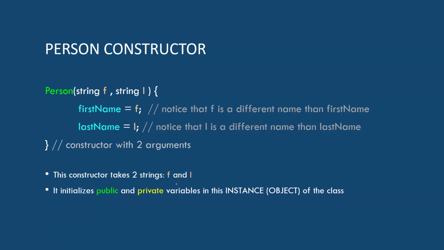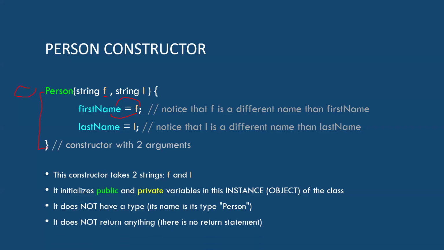Remember also that we want to not have the exact same names, right? So this is a different name. It's being assigned to this, not the other way around. Sometimes we get those things backwards, okay? But we don't have any type over here. Otherwise, it's very much like a function inside of our class. Okay, so I think everybody's probably seen that before. And there's no, of course, return statement on that.